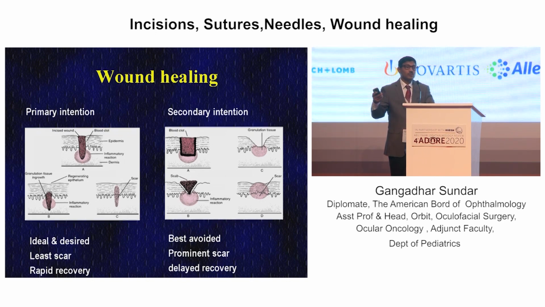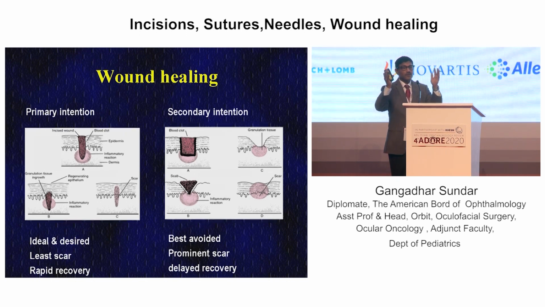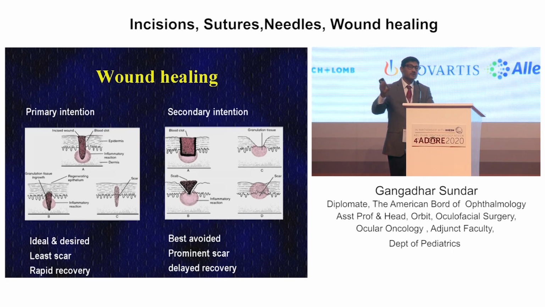Versus if you do not close your wound well, or if you have an infected wound where you're doing a lot of debridement, that's when you have a raw area there, then you have a granuloma that forms, which heals by secondary intention with infection, secondary contracture, leading to depressed scars and ugly scars. So as a surgeon, you want any wound to heal by primary intention, not secondary intention, but every once in a while we do what is called a delayed primary closure, say in an evisceration for endophthalmitis or panophthalmitis. If you have a road traffic incident where the skin is all macerated and crushed, you just debride the wound and slap a simple dressing on top of it, letting it close, or when the infection is gone, then going